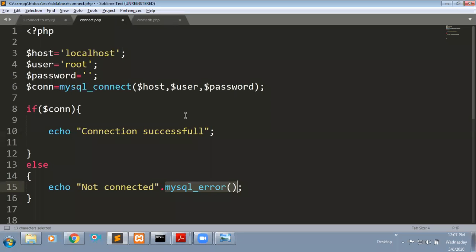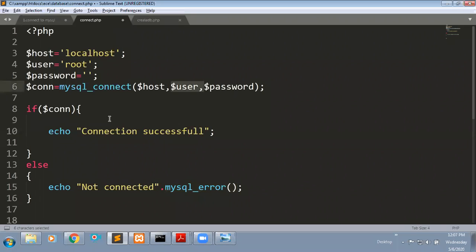Now it is going to connect to your MySQL server, right? If they ask any question related to connection with your MySQL database, you need to write all this program and explain all the parameters, like what is the host, what is the user and password. Everything you need to explain by writing this program.